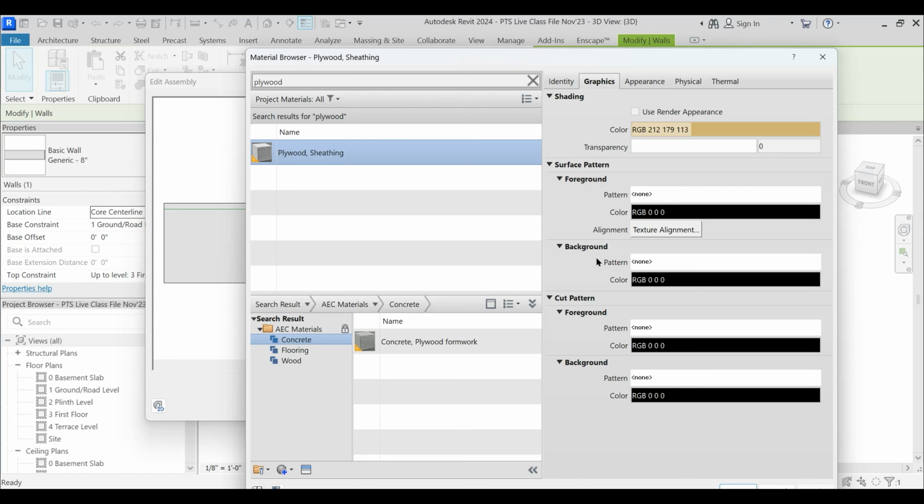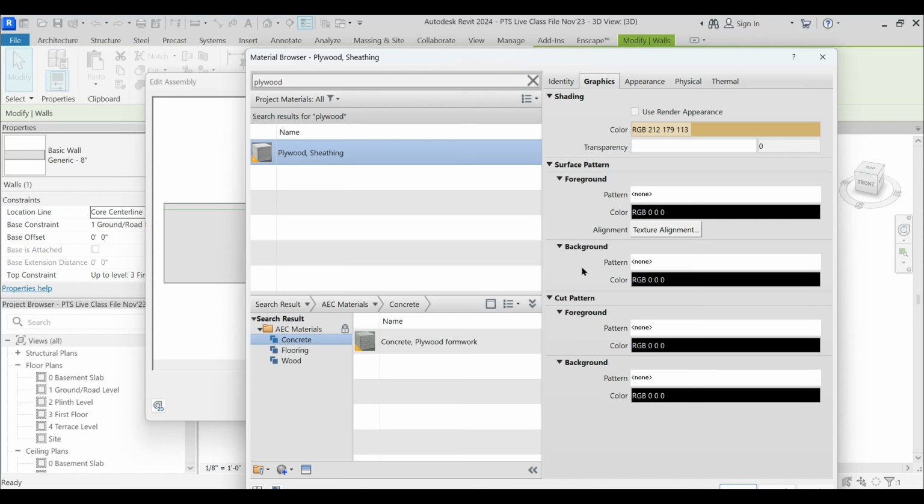Background is not of any use. And cut pattern is what you will see when you assign this material and you cut that element in plan or elevation or section. That also has foreground and background. But in both cases, surface pattern and cut pattern, background is not of any use.